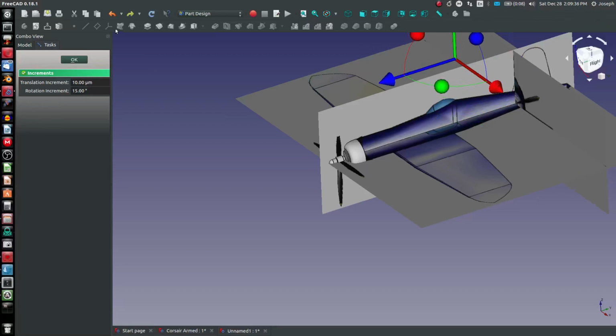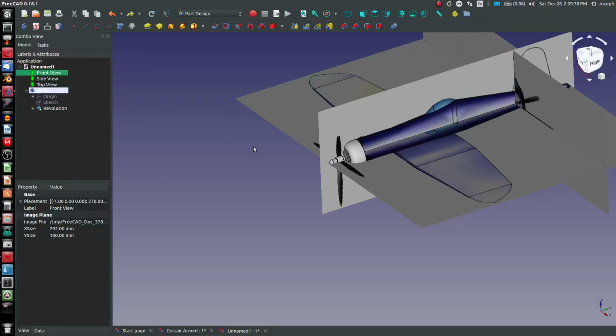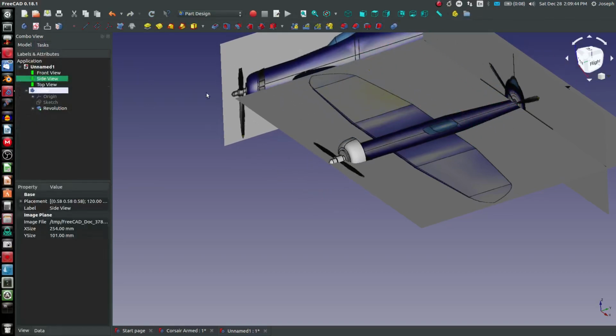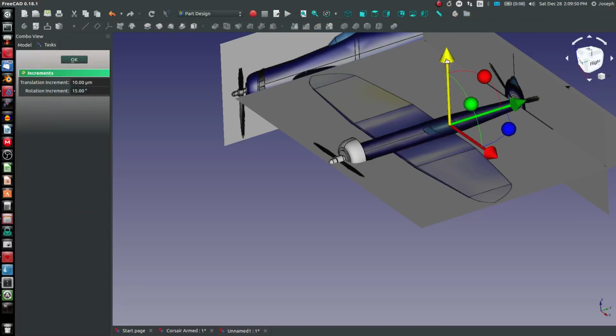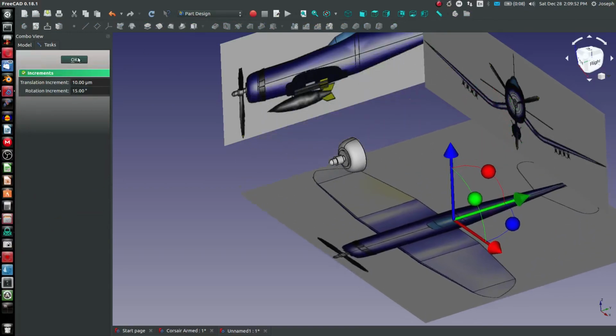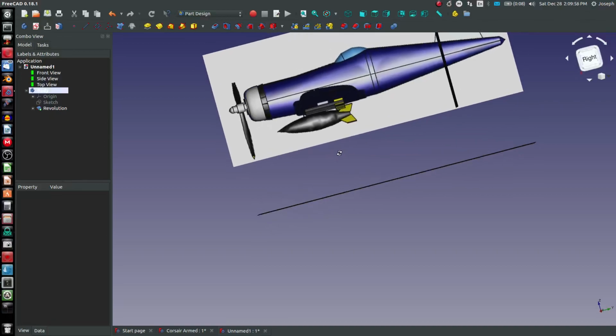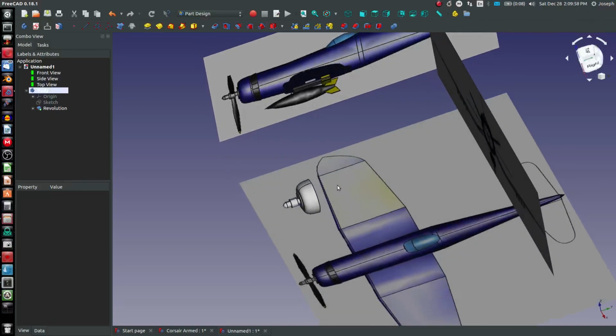oops, Control Z. Let's pretend like I never did that. I'm going to choose my side view rather. If I double click it, I'm going to move it over here, and that way the image will not interfere with the sketches that I'm about to do. I'm going to choose my top view and move it down, so we can still reference these images in the right positions. They're just further in the Z direction, so that our sketches will have a little bit more ease